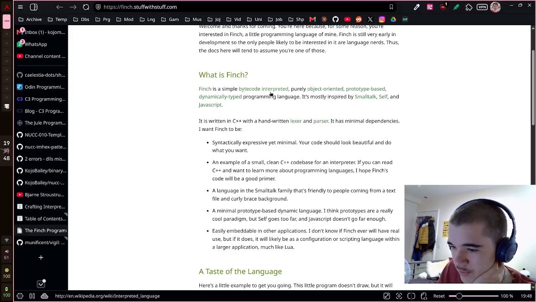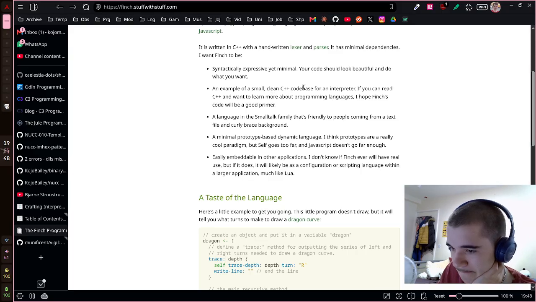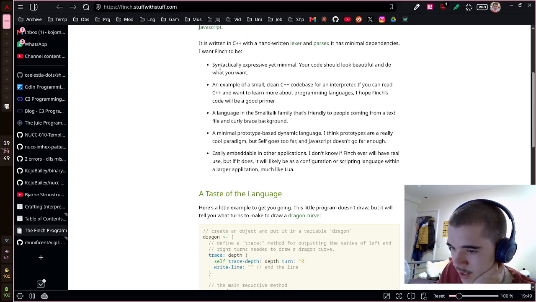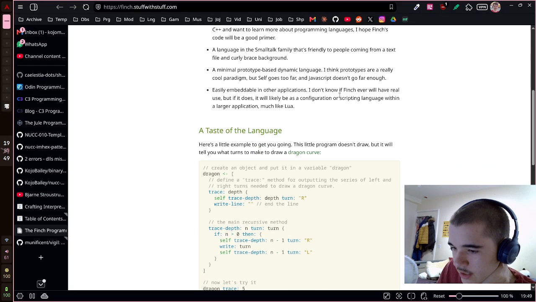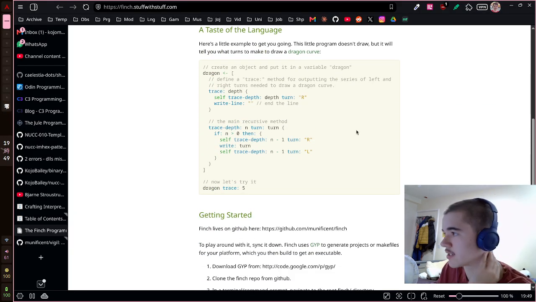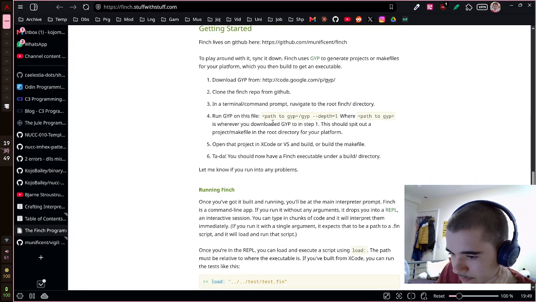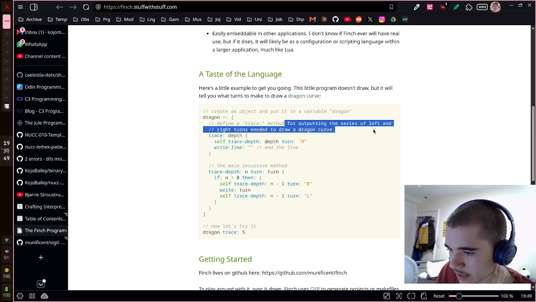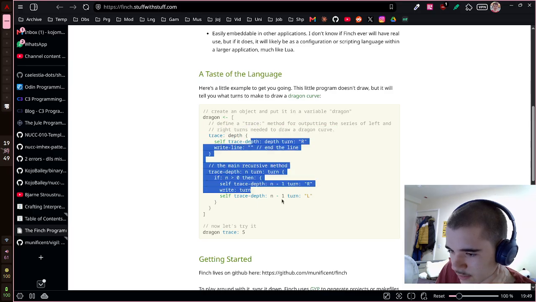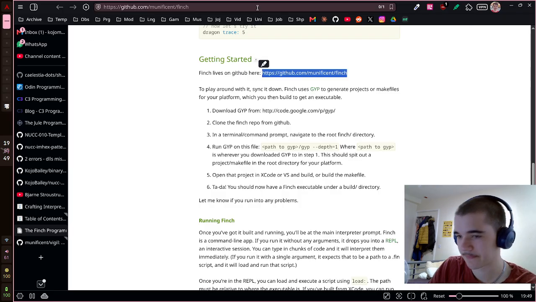Huh. This one's bytecode interpreted. Object-oriented, inspired by Smalltalk, Self and JavaScript, written in C++. He wants it to be an example of a small, clean code base for an interpreter. That's cool. So maybe it'd be worth looking at this to see a good example of a language implementation. Create an object. Trace is a method for outputting the series of left and right turns. Have a quick look. This link isn't clickable, but